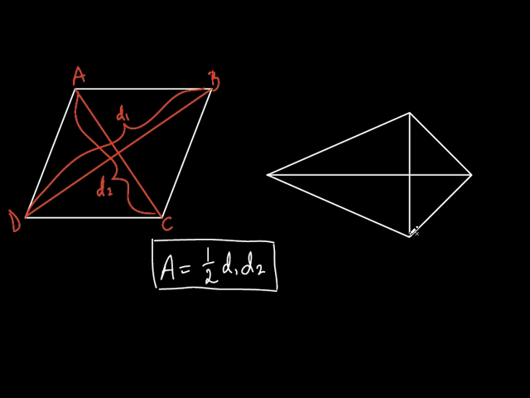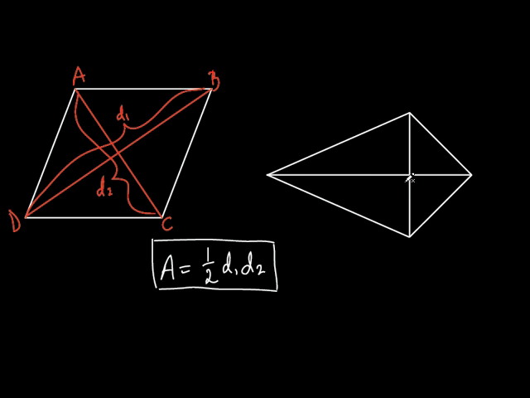Here to here would be another diagonal. How do we find the area, right? All the stuff inside of here. How do we figure that out? Multiply the two diagonals together, take half of it, then you got the area of this whole entire thing. So that's how you find the area of a